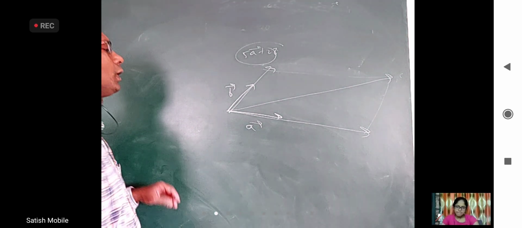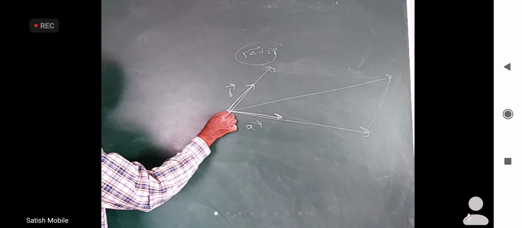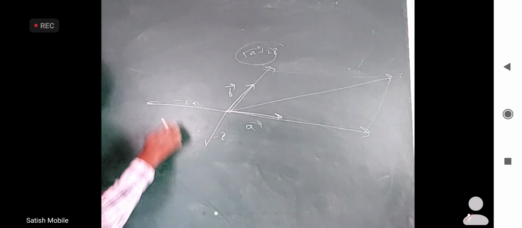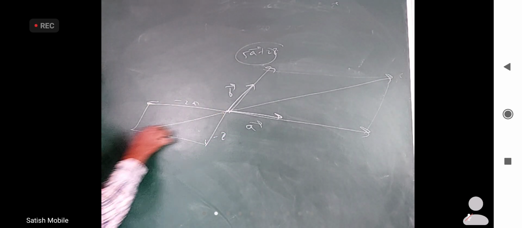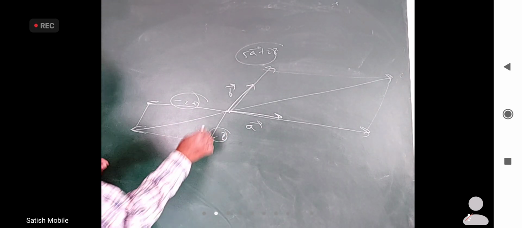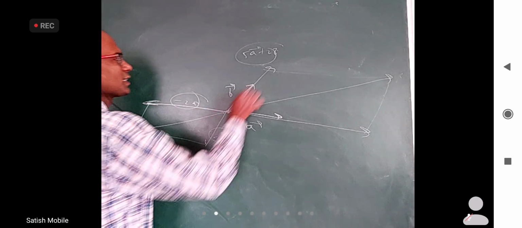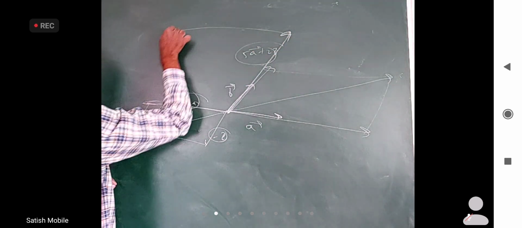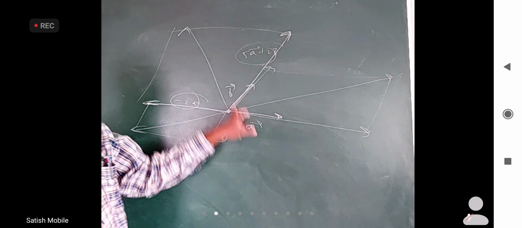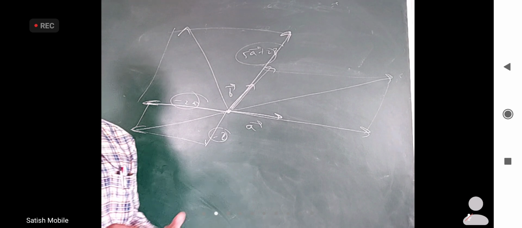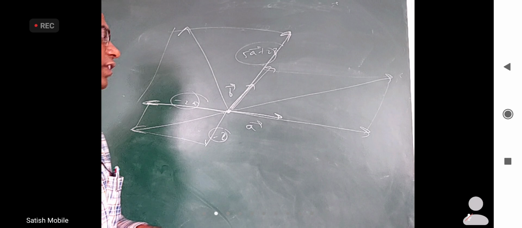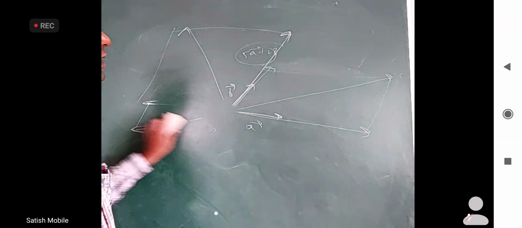Well, if you want to go backward, I will double this. That is minus 2a bar, and opposite this, minus b bar. When I take the combination of these two, construct the parallelogram and take the resultant, that will be minus 2a bar minus b bar. Or I will take this minus 2a bar and this 3 times, 3b bar, and construct the parallelogram and take the resultant. That will be minus 2a bar plus 3b bar, that will be this. So you can see some number into a bar, some number into b bar is covering different directions in the board, and it will cover every direction and every size.